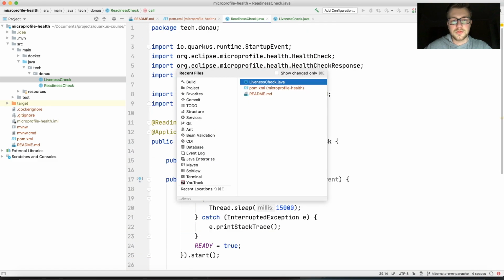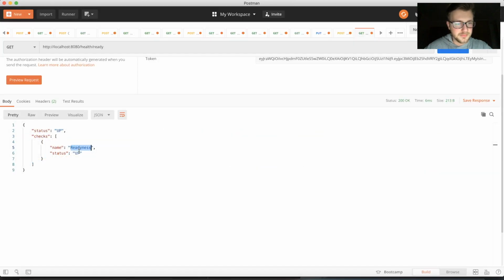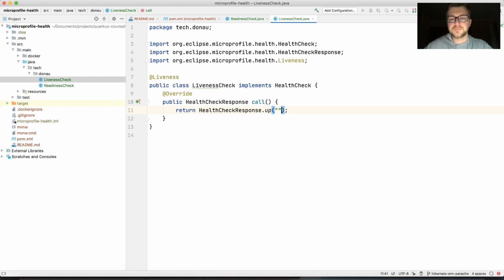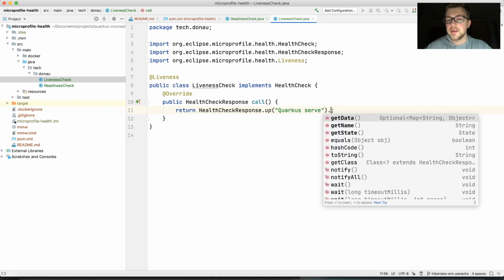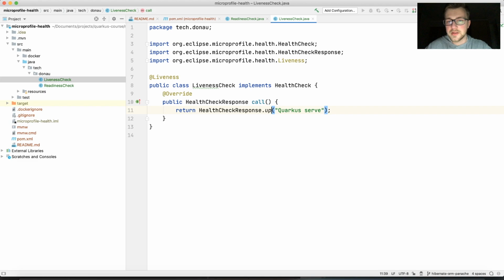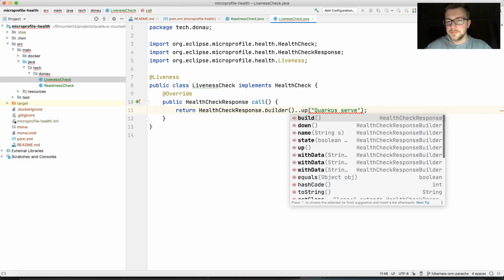And so, yes, misspelled, sorry about the readiness, but whatever. So here with the health check response up, we can specify the name. For example, Quarkus server, right? So stuff like this check, and you can actually create a builder here like this, and so